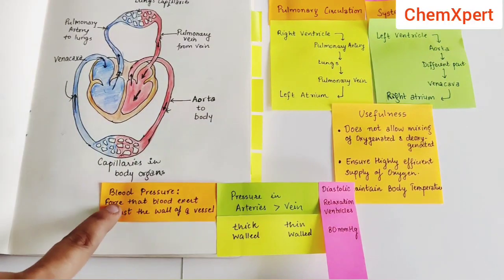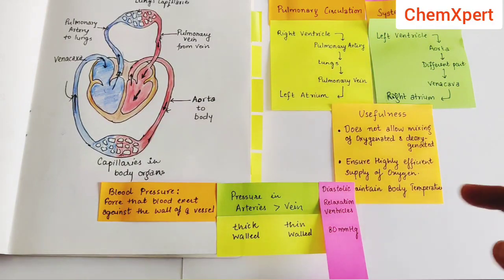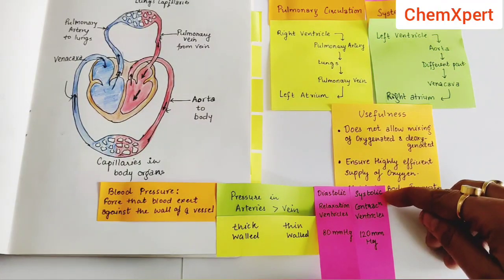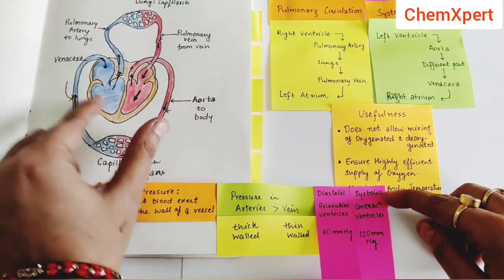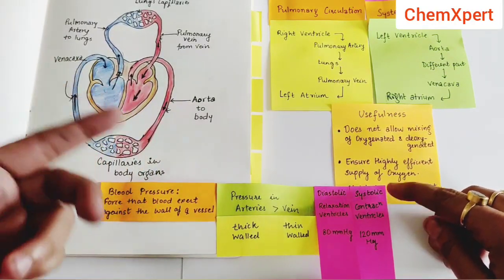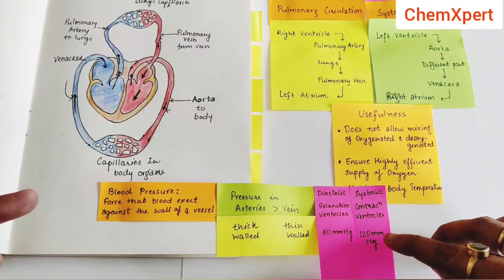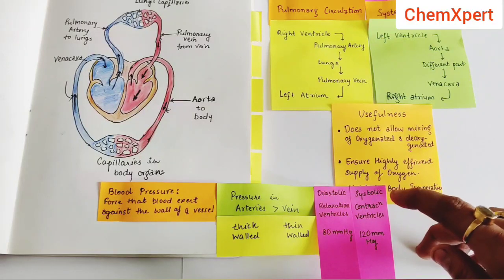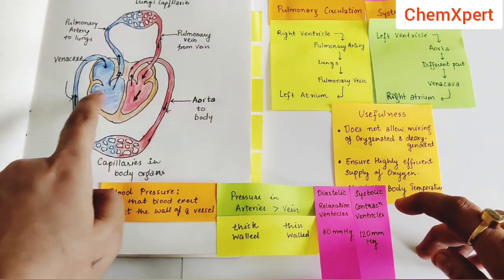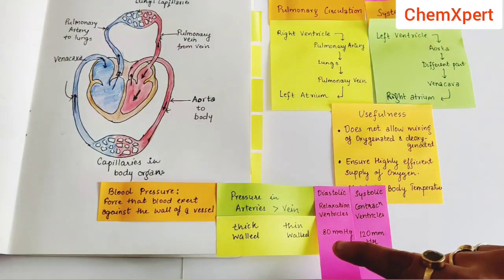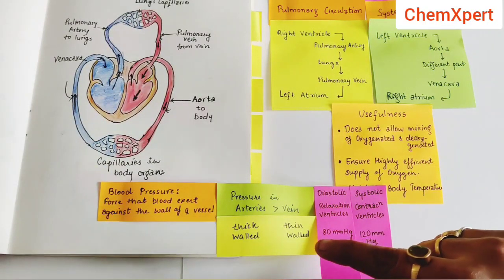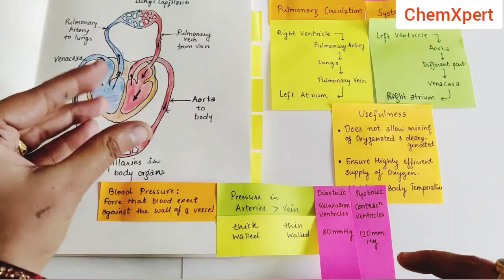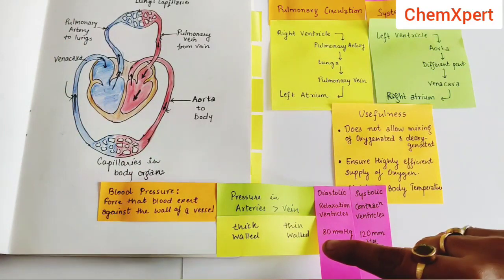If we discuss blood pressure, there are two types of blood pressure. One is known as the systolic pressure and the other one is the diastolic pressure. Systolic is the contraction of the ventricles. Whenever both ventricles contract, the blood pressure is very high, that is 120 mmHg. It is a normal high blood pressure, the systolic blood pressure, which takes place during contraction of the ventricles. The normal lower value of blood pressure is 80 mmHg, which is attained when the ventricles relax. Whenever they relax, the pressure drops to 80 mmHg.